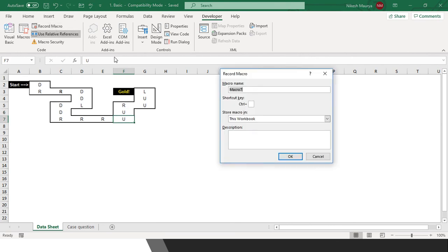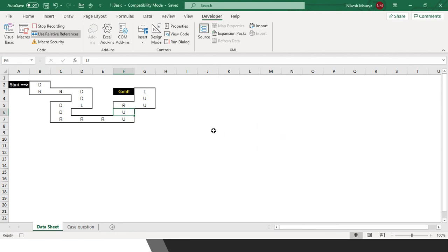To go up, we have to choose W. We'll click up here, then stop the recording. In this way we went right, down, right, left, right, up, and then moved to this place. Right now we need to click those buttons. I'm clicking randomly somewhere and I'm going to D. Wherever you are, it will move from that position. So it is easy for you to move between those cells.